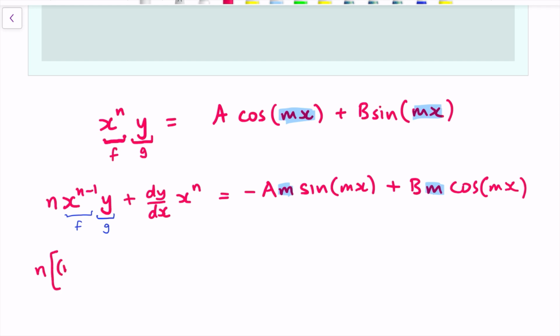f dash is n minus 1 times x to the n minus 2 times y. And then g dash f. g dash is dy dx, and f is x to the n minus 1, and all of that's got an n in the front of it. And then we move on to